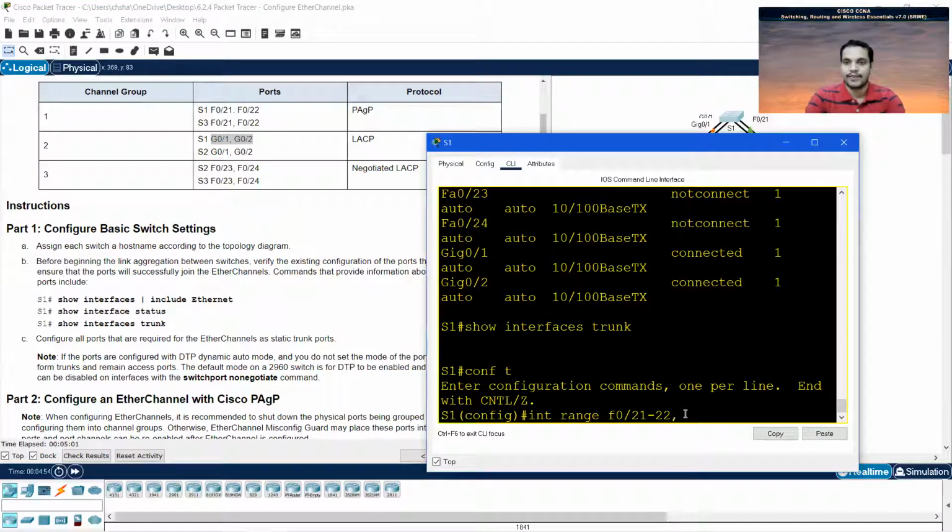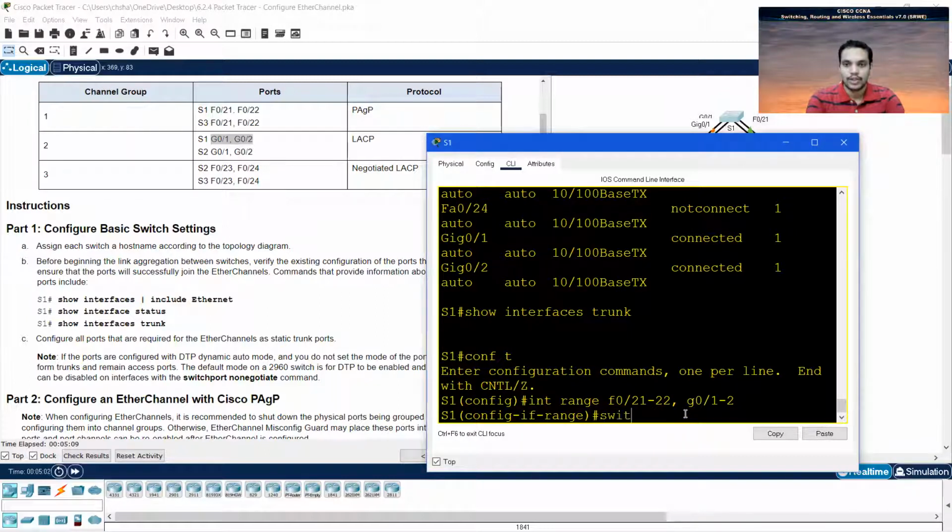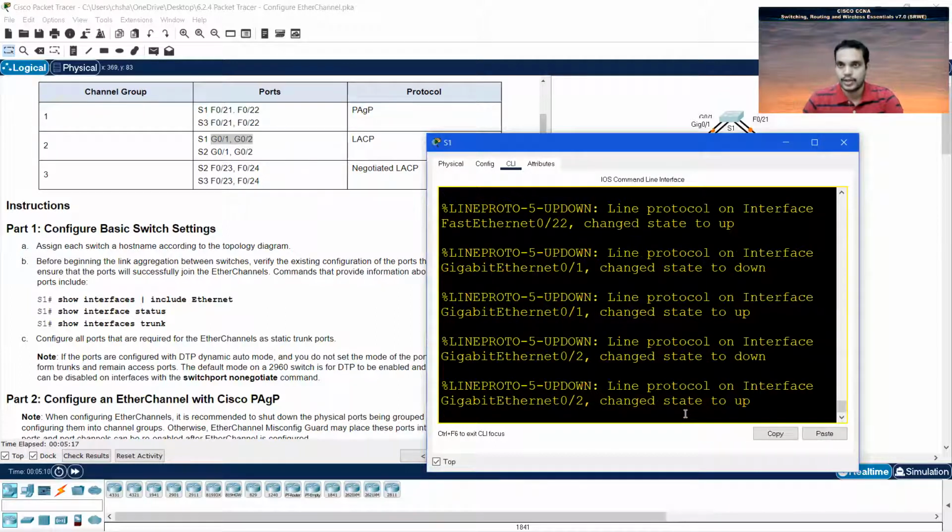So what I will do is interface range F0/21 to 22, and G0/1 to 2, right? Enter, switchport mode trunk. That's it. I put the interfaces which are actually involved in the EtherChannel configuration into trunk ports.